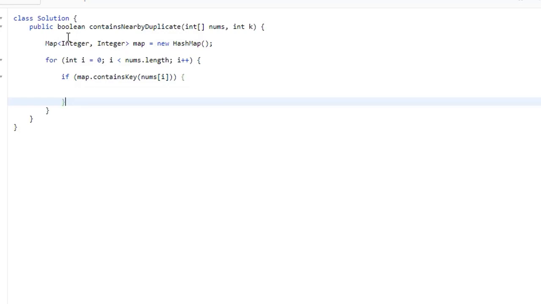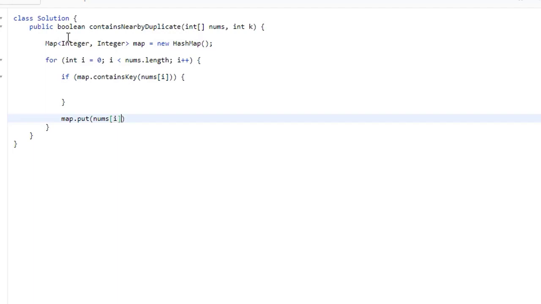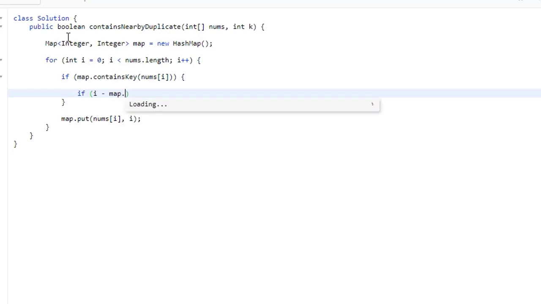The first time through, the map doesn't contain anything, so then we're just going to put nums[i] and the value of the index into the map. Now if the map contains that key, we need to make sure that i minus map.get